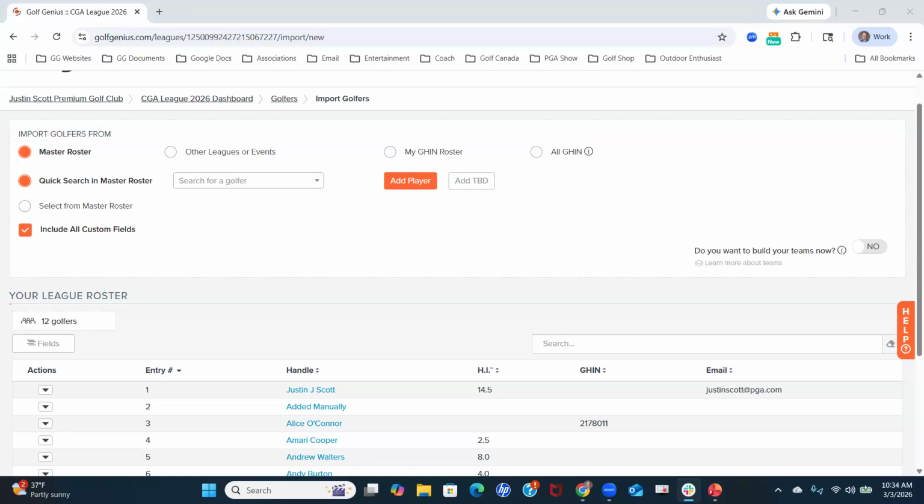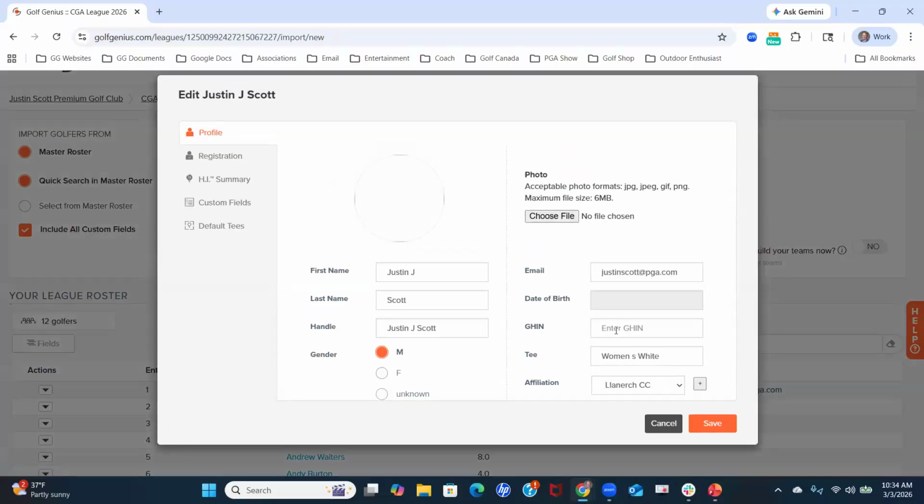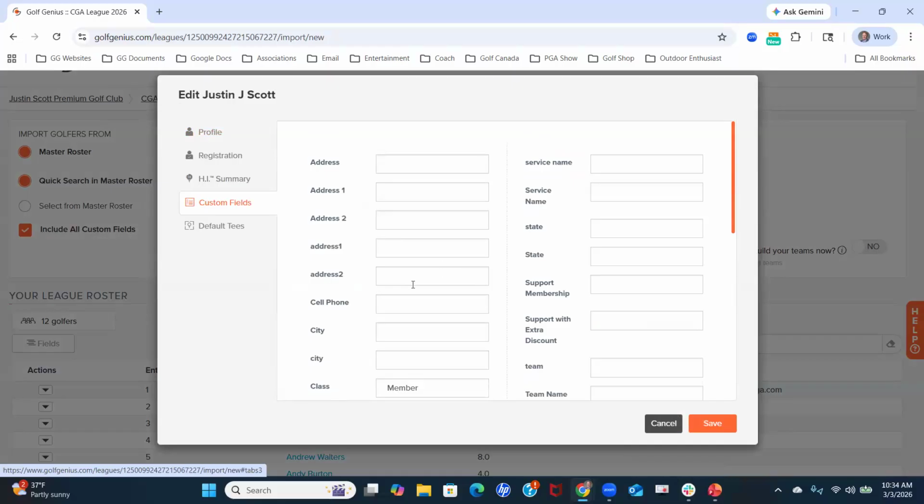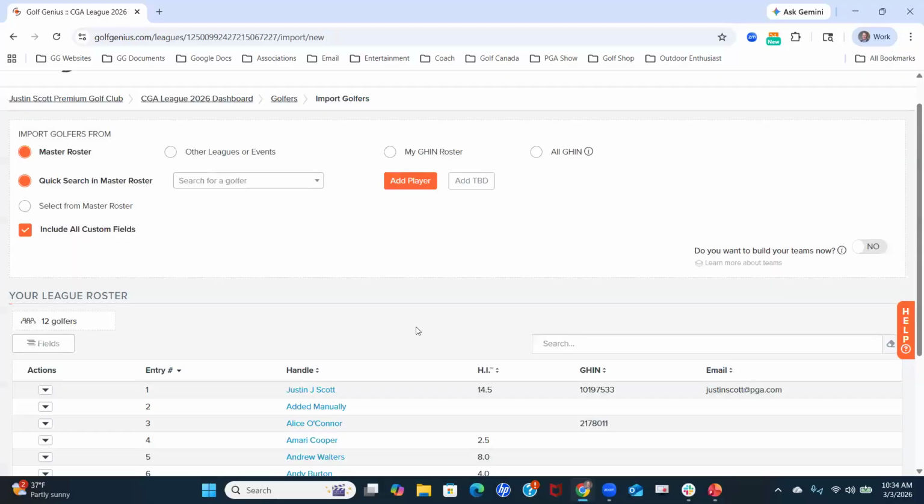If for some reason you pulled someone in and their GIN number did not populate, you can always update their profile, populate the GIN number, and certainly add or edit any of the custom fields that are associated with that particular player. If you are on TM Premium and you want to add in a cell phone, we can certainly do that within the registration form. Or if a person didn't add that to their profile, we can certainly add that information into the profile of